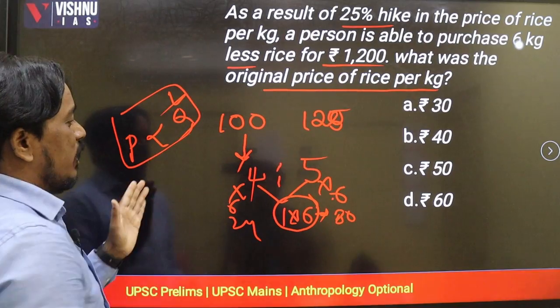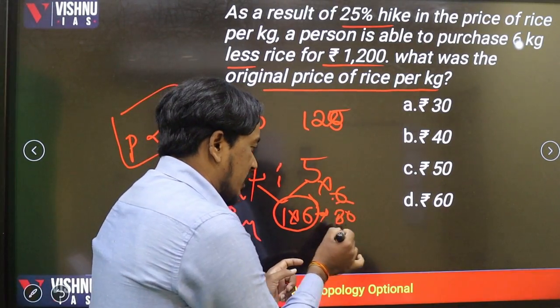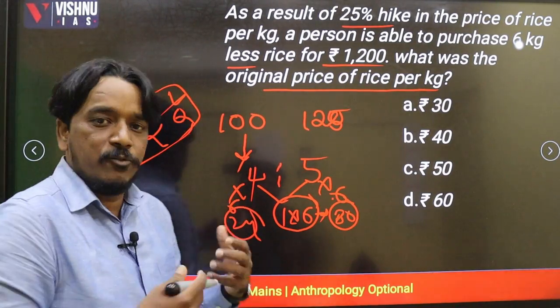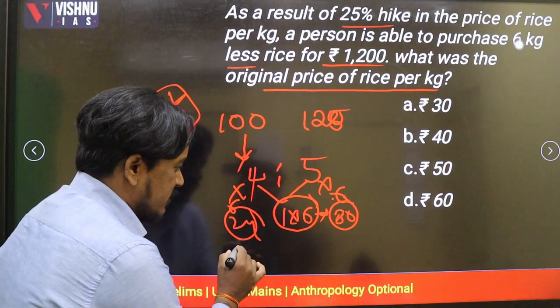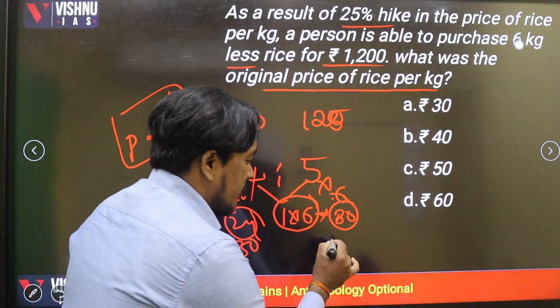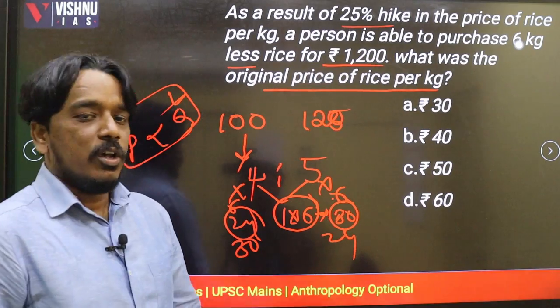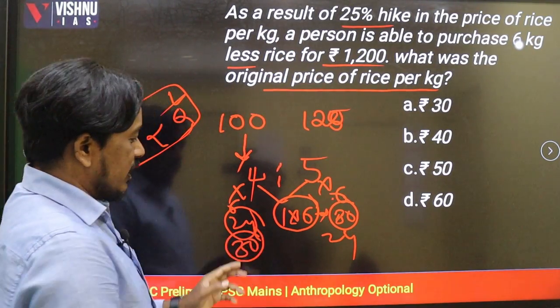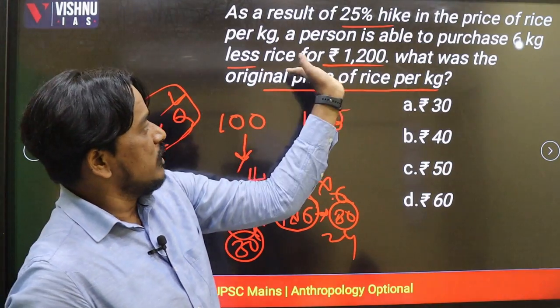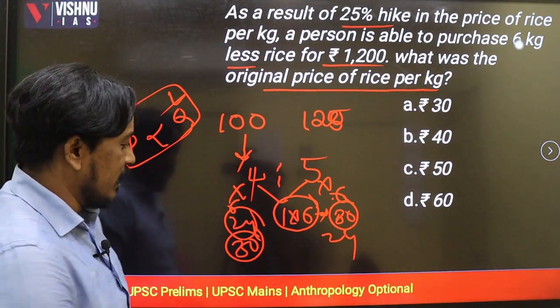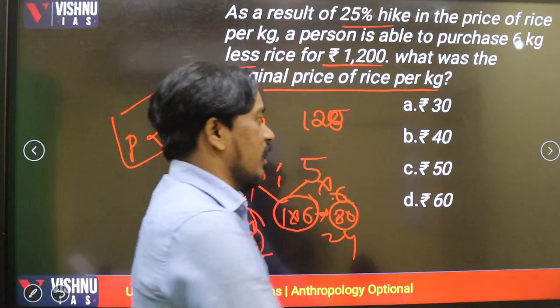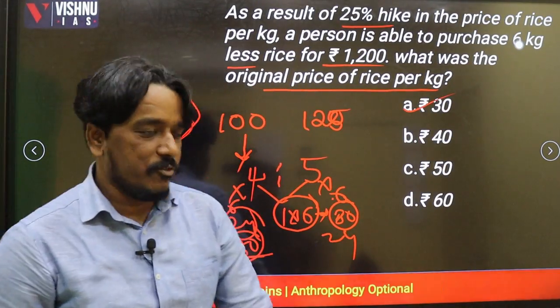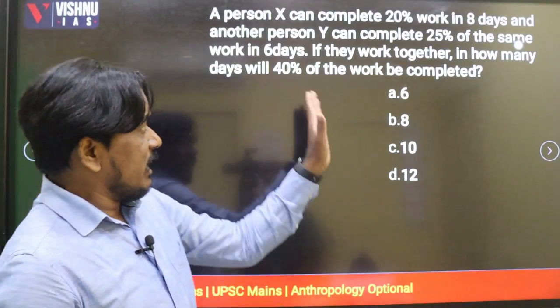So in this, price and quality are inversely proportional. Here, if you are purchasing 24 kgs instead of 30, the price changes: it becomes 30 and it becomes 24. The initial price is 30, or otherwise we can divide the total amount also, but directly we can take 30 as the right answer for this particular question. Very simple way.